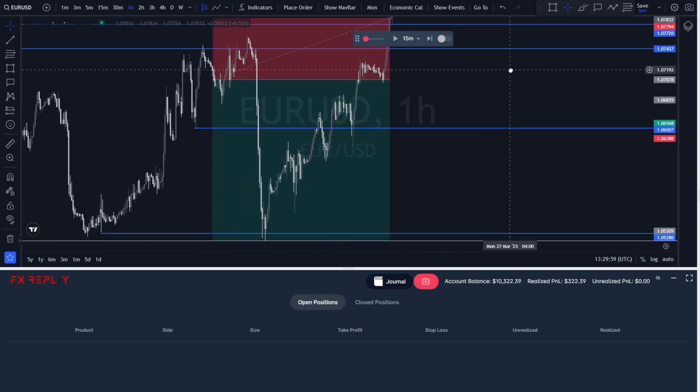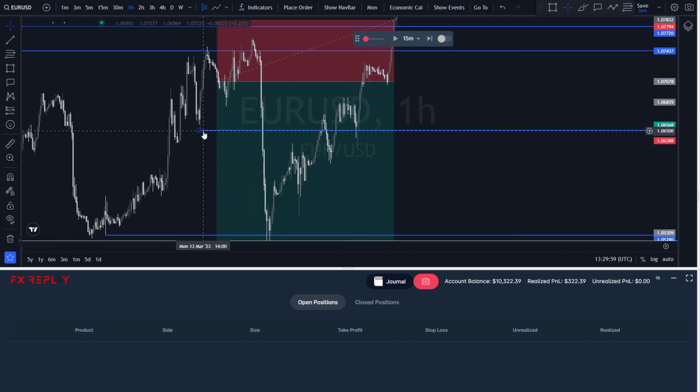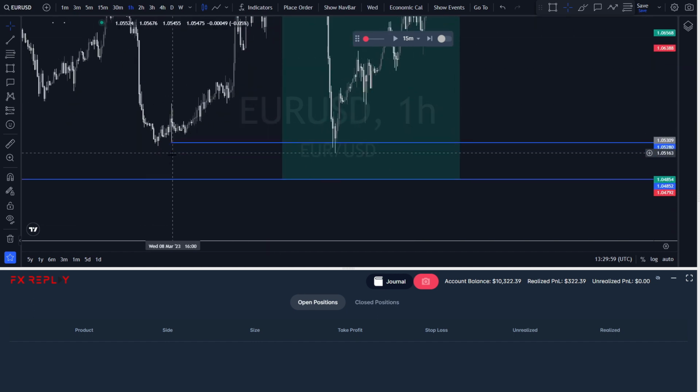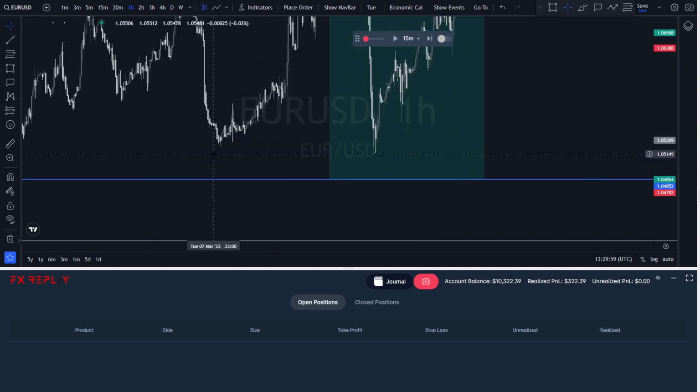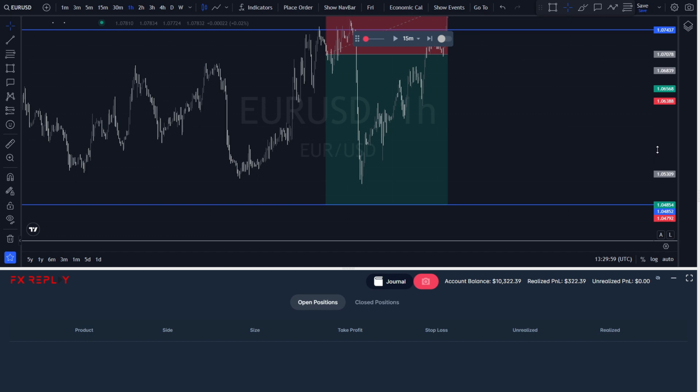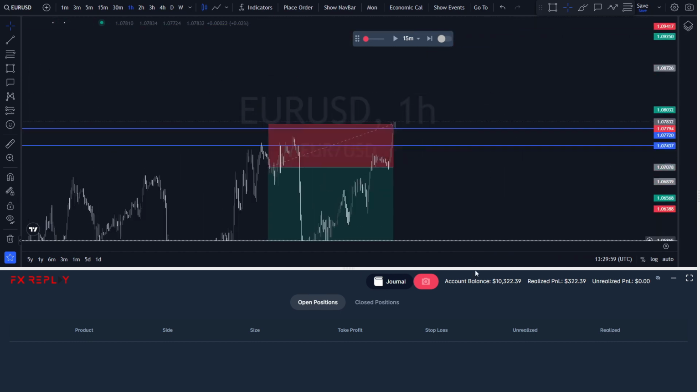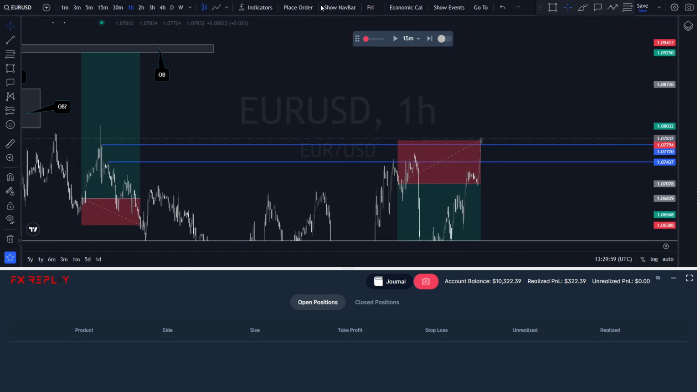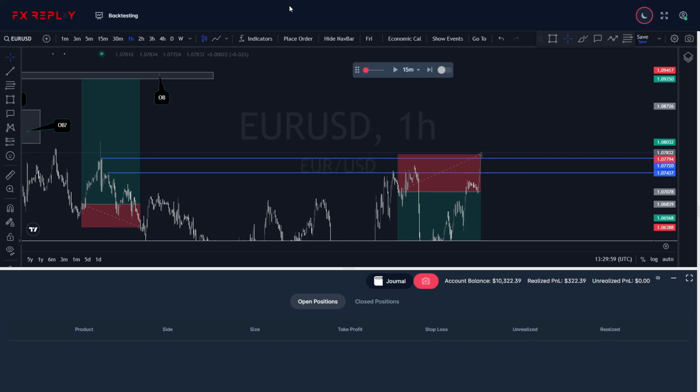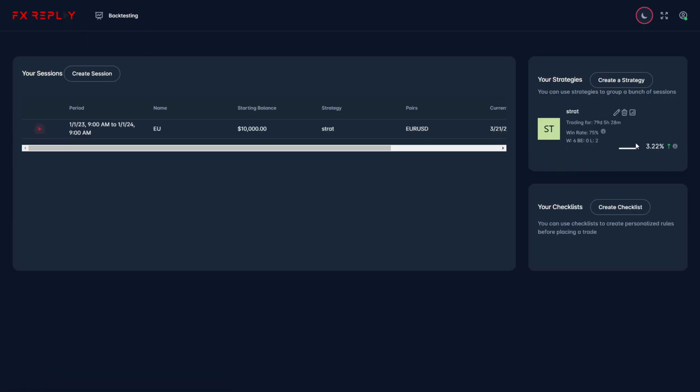So, yeah, it went to take this take profit, it went to take this take profit, and the third one was not hit, but the first 2 were hit, and that's already pretty decent. So let me just take a look at my, okay, come on, you can't tell me that's pretty. It's my 3rd day of backtesting, and I've got 6 wins, 2 losses, and yeah, that's already it for today,